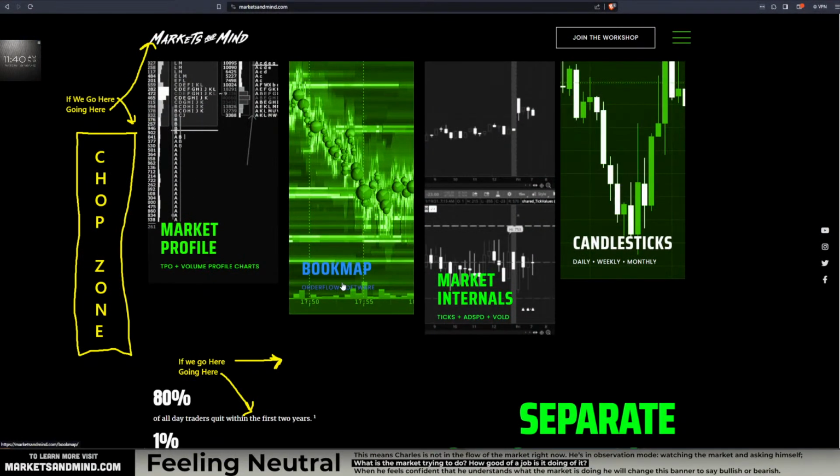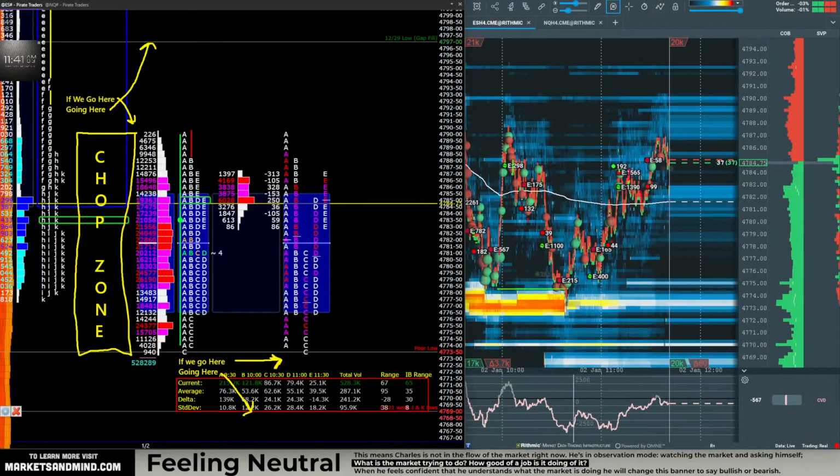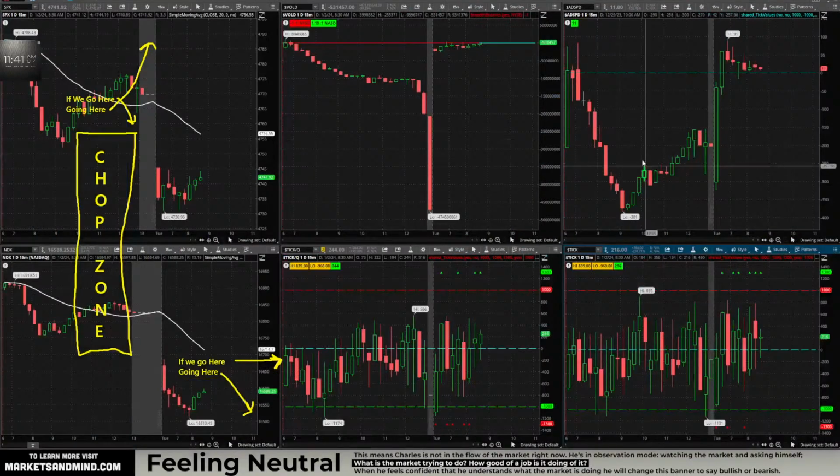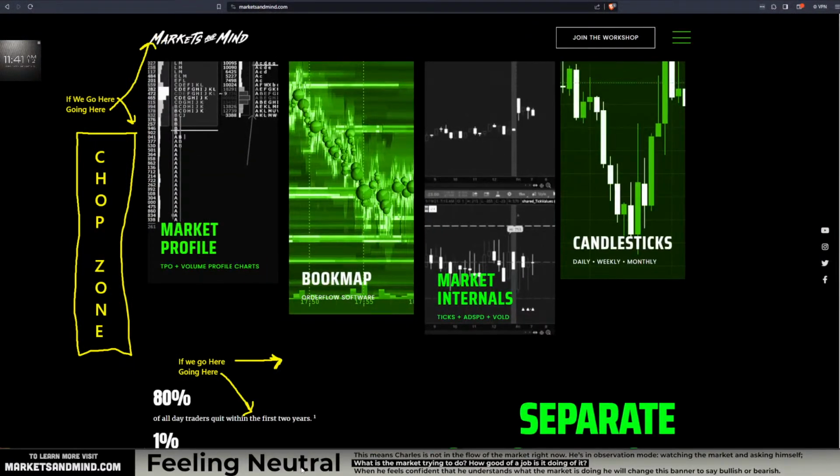There is the Bookmap software. That is the one that you see on the right. There is the market internals. That is what you see in the background right here. And then there's the candlesticks, which is what I flip back to from time to time when talking about the